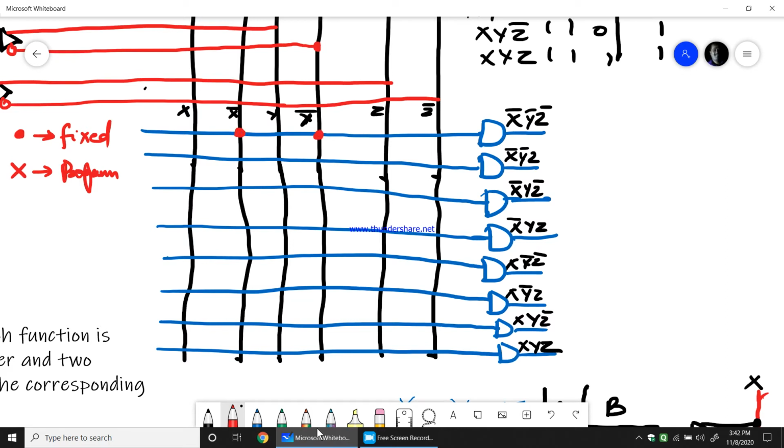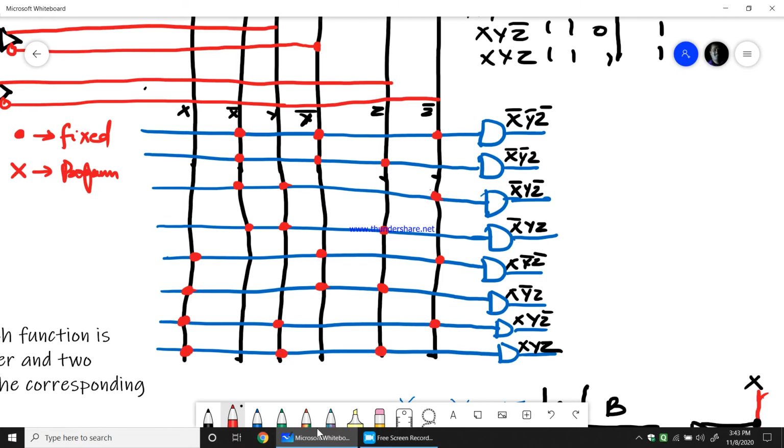So the AND gate is fixed for x bar, y bar, z bar, then x bar, y bar, z; then x bar, y, z bar; then x bar, y, z; then x, y bar, z bar; then x, y bar, z; x, y, z bar; and finally x, y, z.